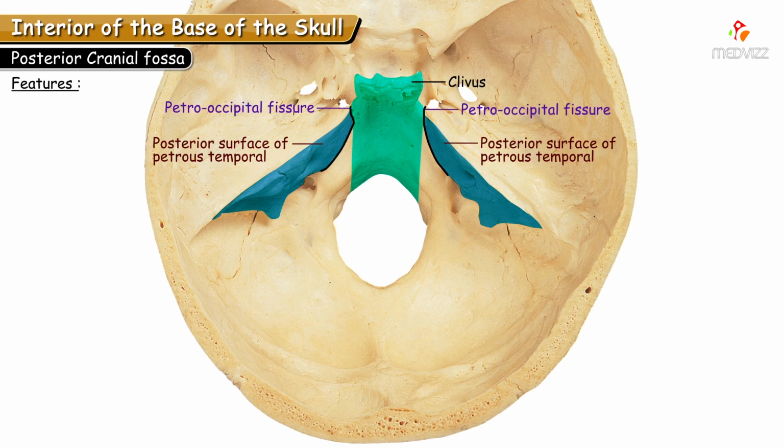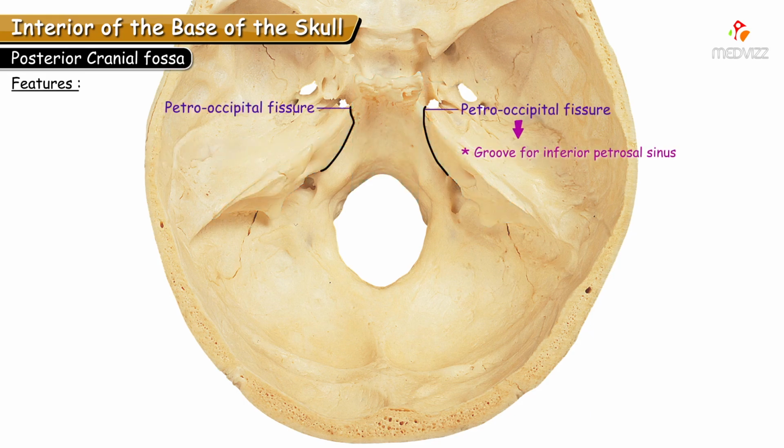The junction between the clivus and, laterally, the petrous temporal bone is the petrooccipital fissure. This fissure is grooved by the inferior petrosal sinus, which is a dural venous sinus, and it is the first tributary of the internal jugular vein, where it passes through the jugular foramen to come back out of the cranial cavity. The posterolateral end of the petrooccipital fissure widens to form a gap, which is the jugular foramen.